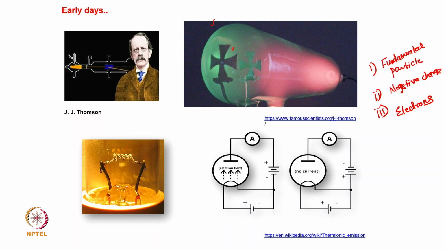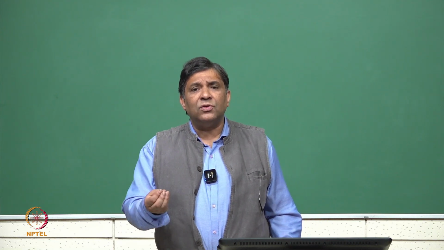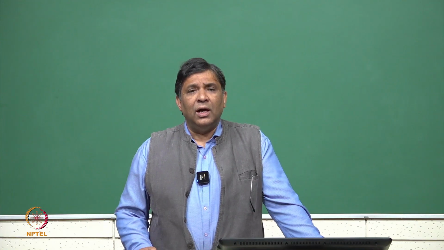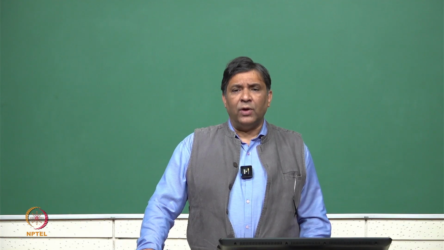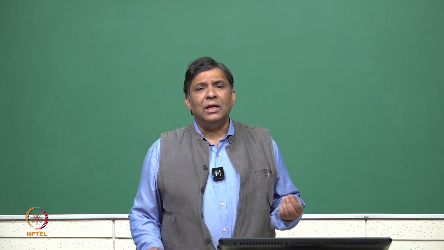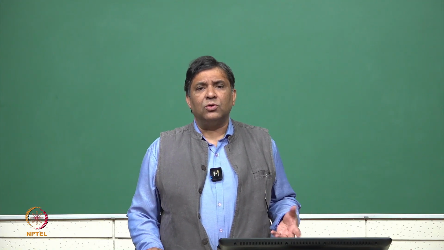And the mass of these particles is much less as compared to the mass of an atom. Before that, people had the idea that the atom is a fundamental particle, but with this great discovery of Thomson, it was realized that an atom also consists of other particles, and the electron is a more fundamental particle, of negative charge and mass much less than the atom. And now we know that one electron has a mass almost 1000 times less than a proton, neutron, etc.